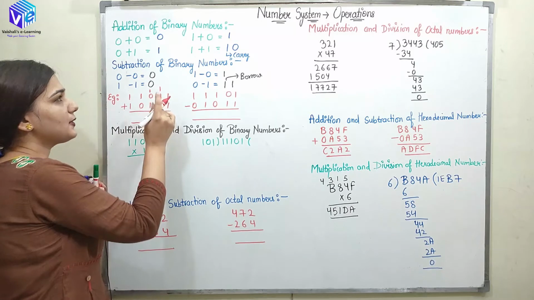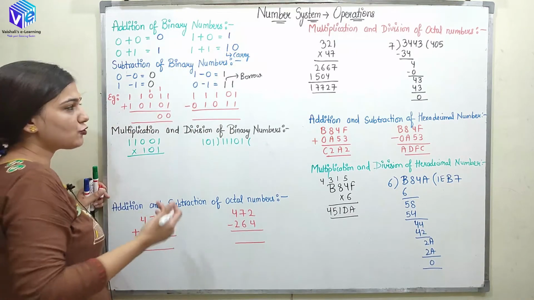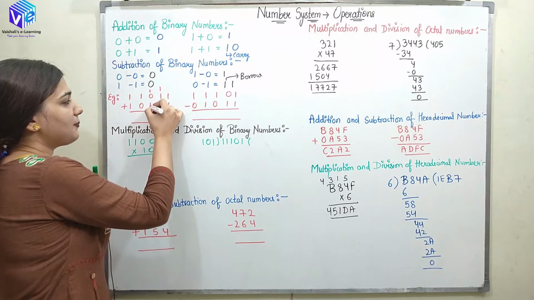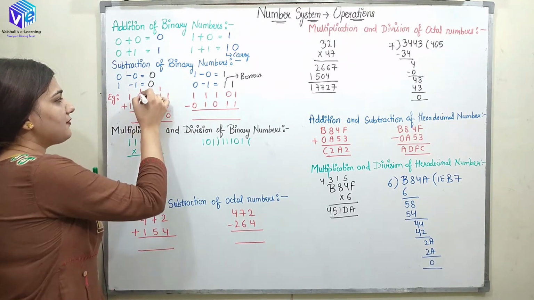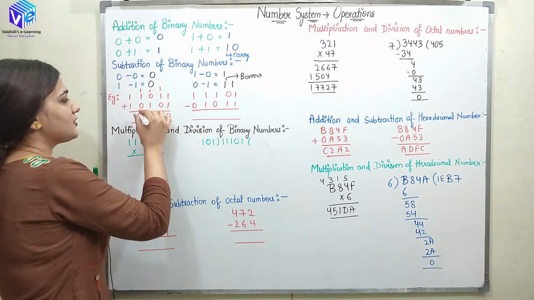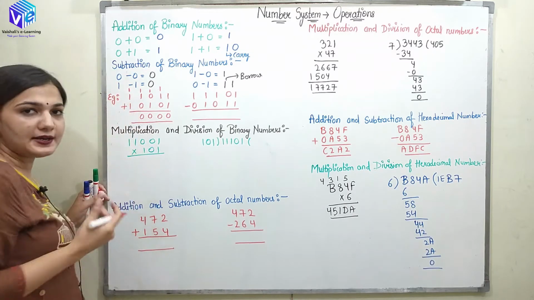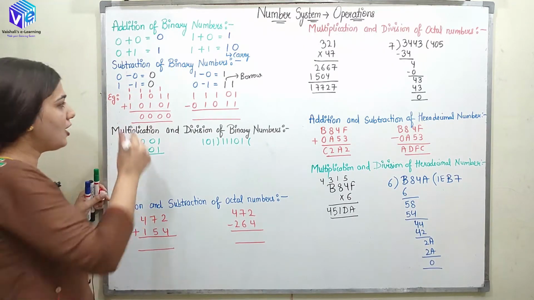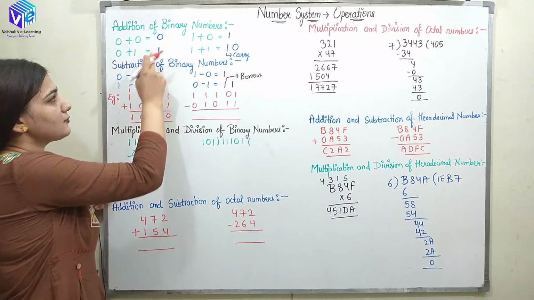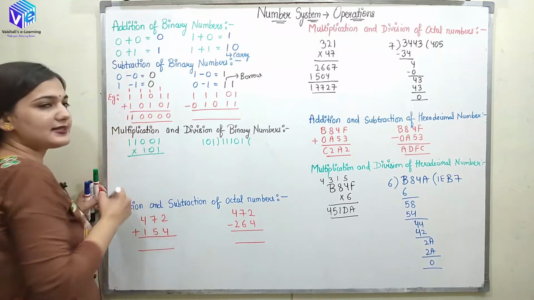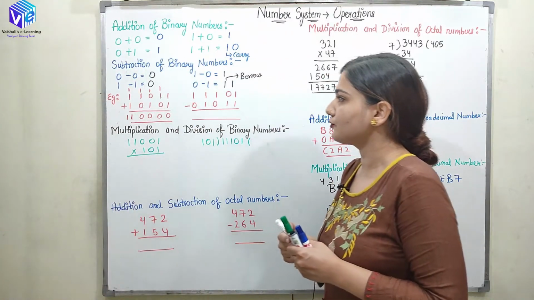So 1 is added with 0. When 1 is added with 0, I will be getting 1 as the output. So 1 again will be added with 1. So again I will be getting 0 but a carry 1. Again we are getting 1 plus 1 which is 0 but 1 as the carry. Now I have 1 plus 1. 1 plus 1 will be 0. Now when 0 is added with 1, I will be getting 1. So 0 plus 1 is 1, but we had 1 as a carry as well, right? So this is how we will be getting the addition of the two numbers.